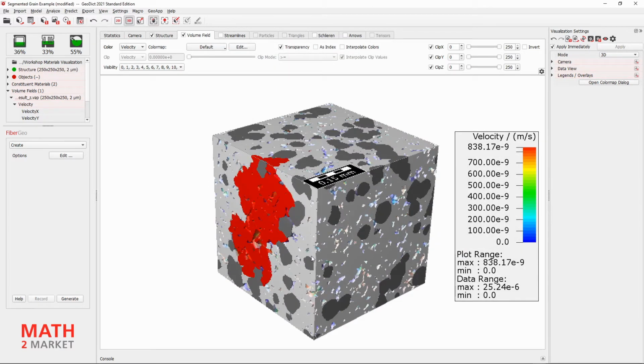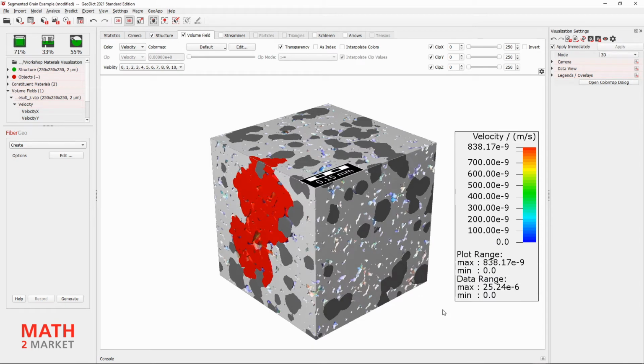Now before we really get started, we first ask ourselves, what do we want to show the viewer? In this case here, I would like to show how the flow moves through the pores of this porous grain structure. I would like to focus on the flow and thus communicate the characteristics of the pore space.